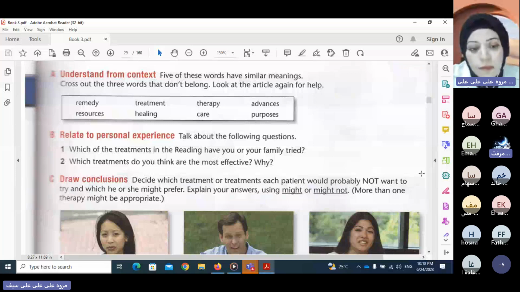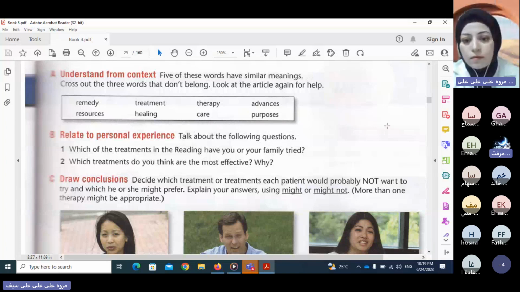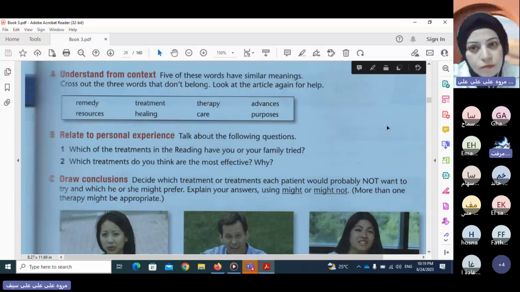Which treatment is very effective? As I said, conventional treatment: tablets, syrup, a cream. Any kind of conventional treatment is very effective because you can feel its effectiveness in a shorter time. You can see the evidence. You can see the results in front of you within 2 or 3 days maximum.